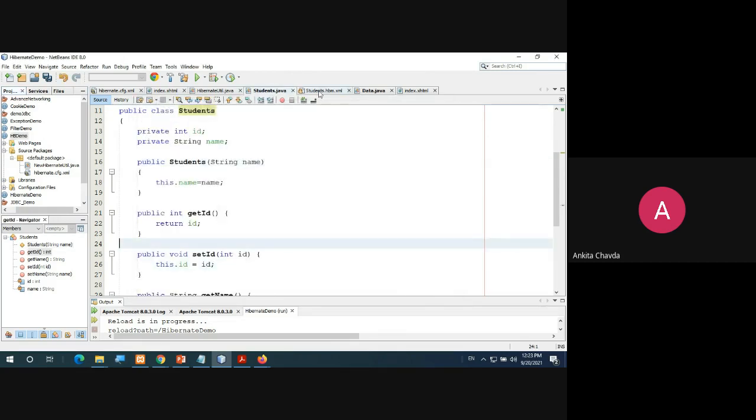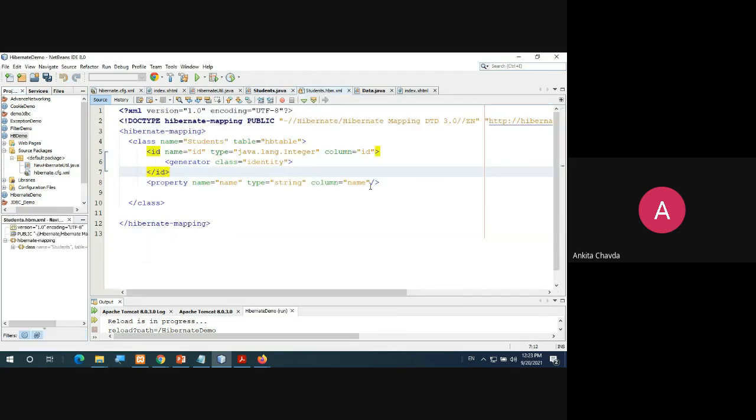So once you do that, the students.hbm.xml file will be created. Over there, you will have this class, right? That students name is equal to students, and this table name is this. You can even have this catalog equal to, you can provide student DB over here that I missed.